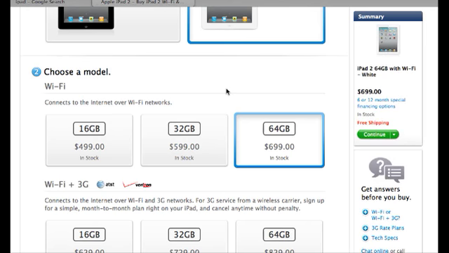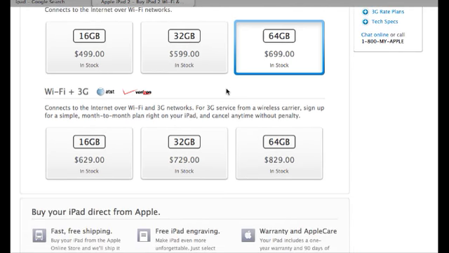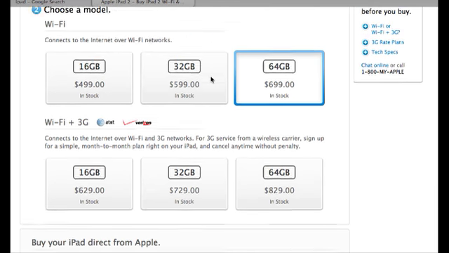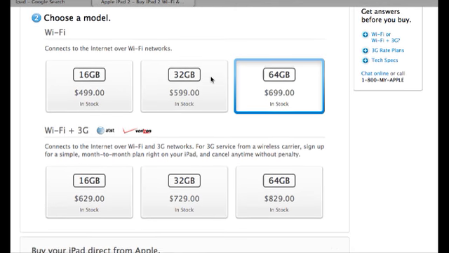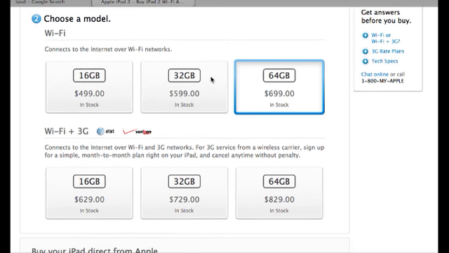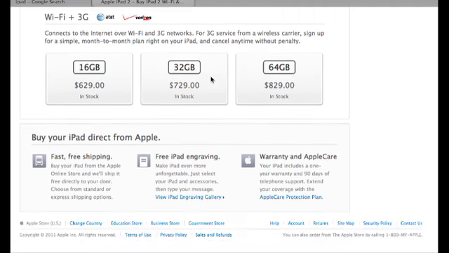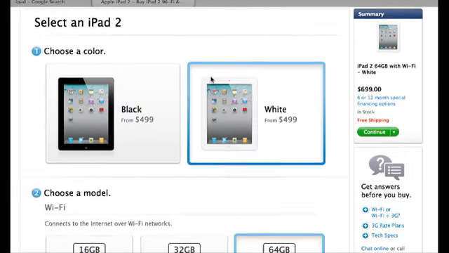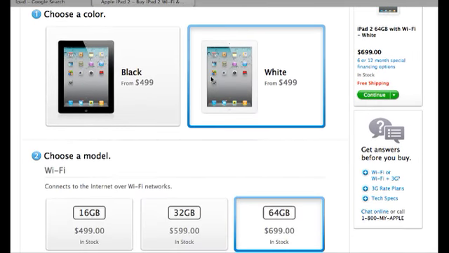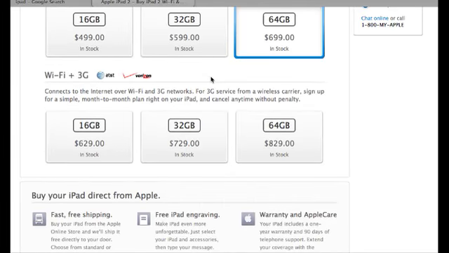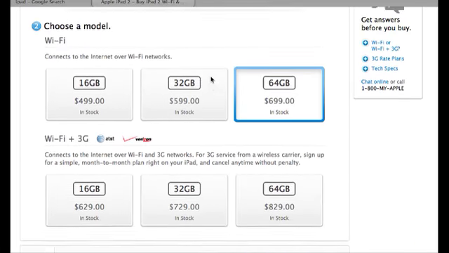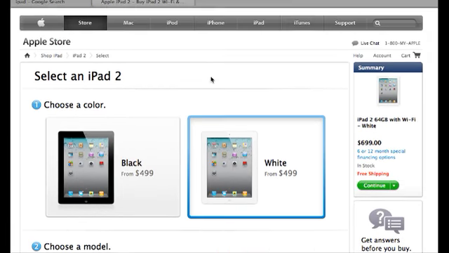I'm going to click 64 gigabytes. And then it gives you a choice between Wi-Fi or Wi-Fi plus 3G. So it's a very intuitive, easy way to choose. Apple redesigned it to make it simpler for people to buy. So